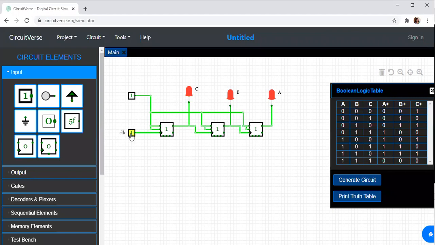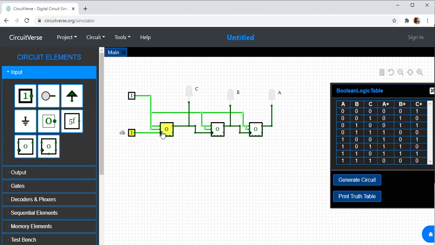If you can see, when clock is equal to 1, it is at 7. Now when we make clock 0, it is going to 6. Clock 1, 5, 4, 3, 2 and 1. So this is a ripple down counter.